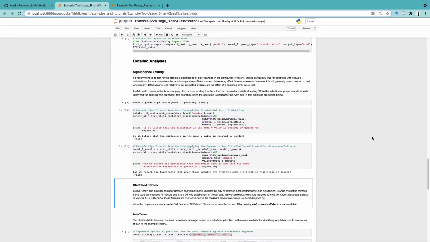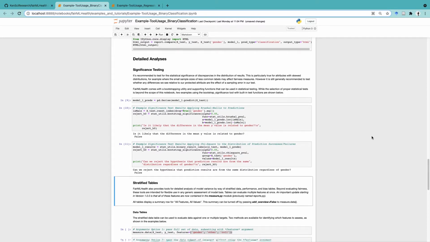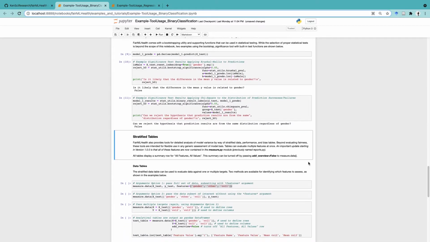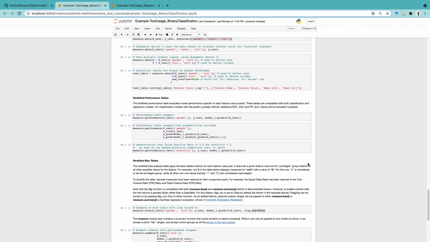It's used to facilitate statistical significance testing, and this will accept any function that outputs a p-value, and it will run a customizable number of randomized tests using that function. There will be more information about that available in the release. As part of the measure module,